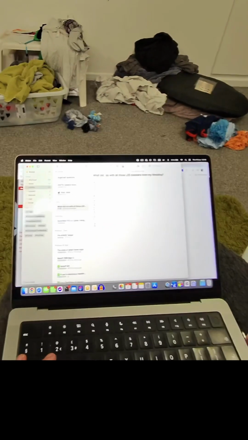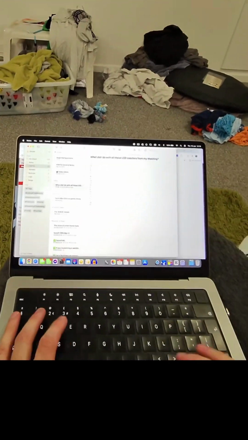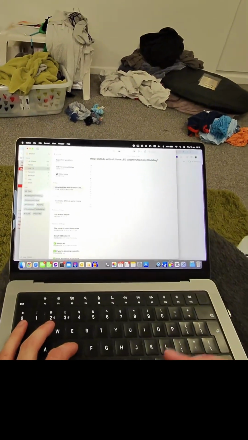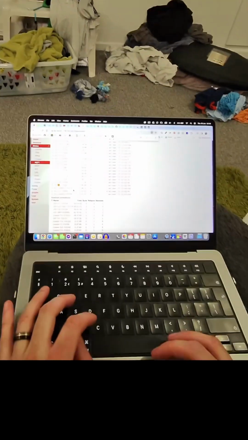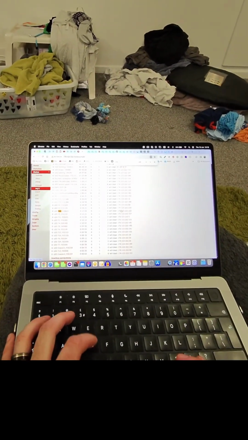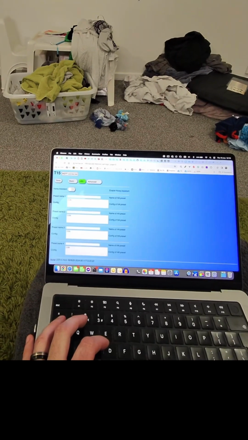Okay, so here I have a list of the order that I happen to put the coasters down because I foolishly didn't order them before I started. So I'm on number 15 right now. So I need to find T15 in this list. I need to go to its IP address and make sure it's